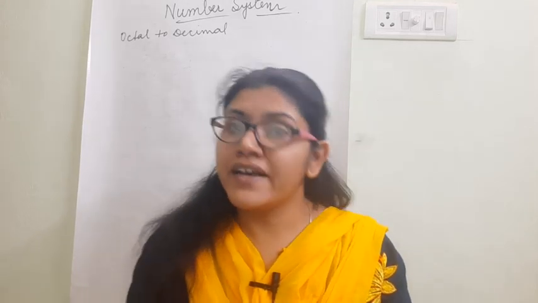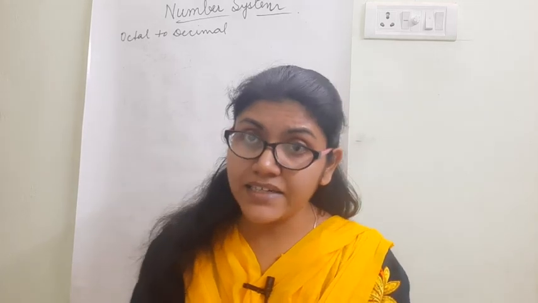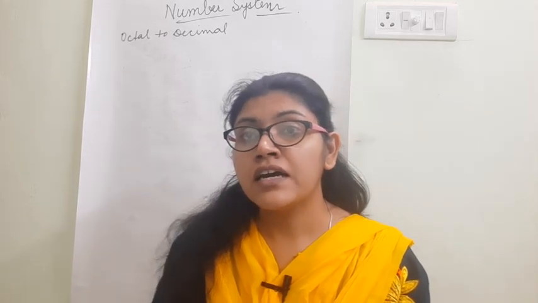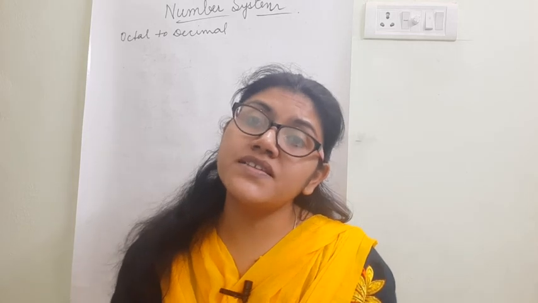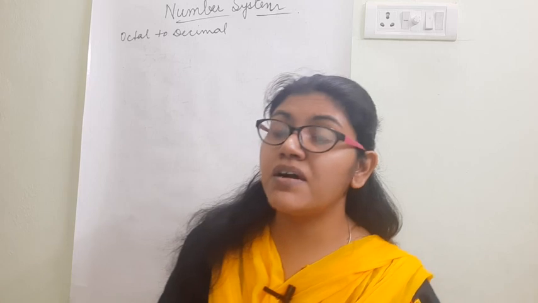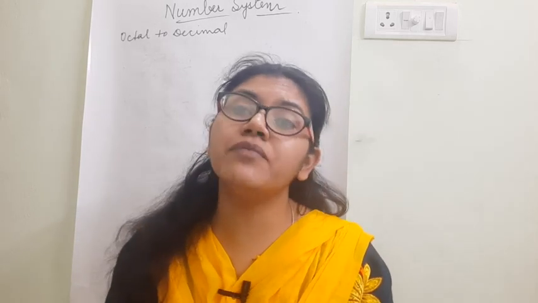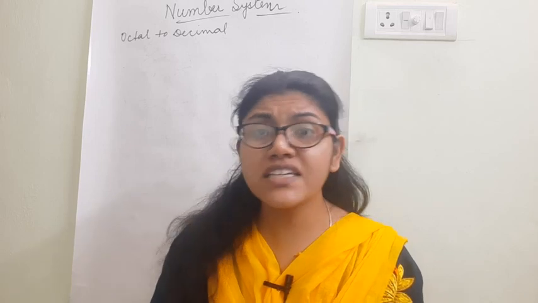I have explained decimal. Decimal means 10. It has 10 digits, 0 to 9. In that we calculate, converting binary to decimal and decimal to binary. To convert binary to decimal we multiply with 2, and to convert decimal to binary we divide by 2. All these I have explained.